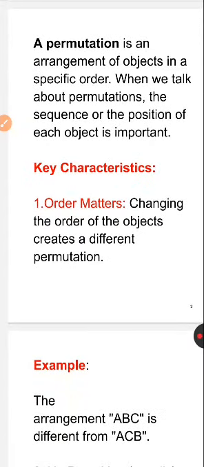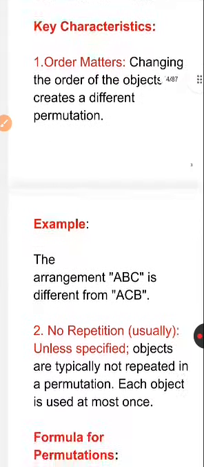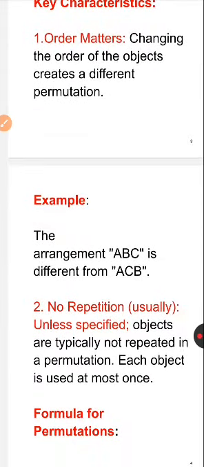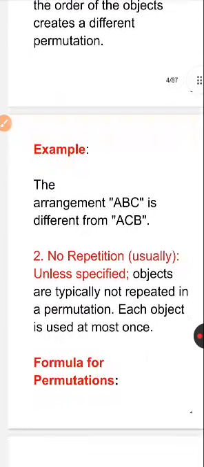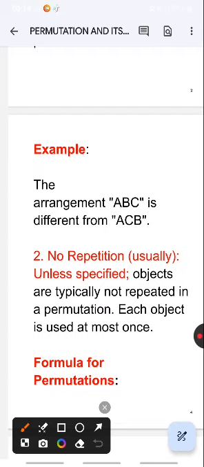What are its characteristics? One, the order. To be able to associate an arrangement with permutation is to be able to identify if it has an order. That's when you can say it is associated with permutation. A typical example of the arrangement is what we have here. In the first event we have A, B, C,